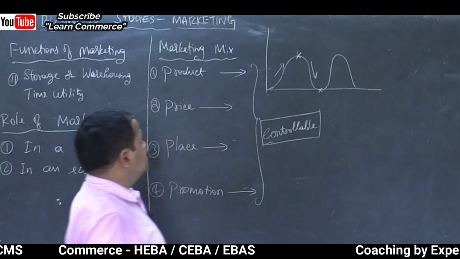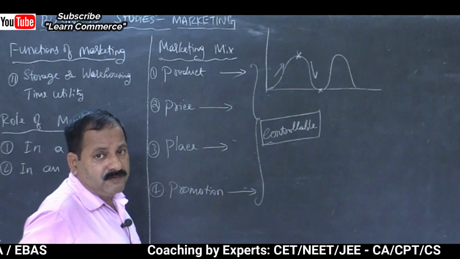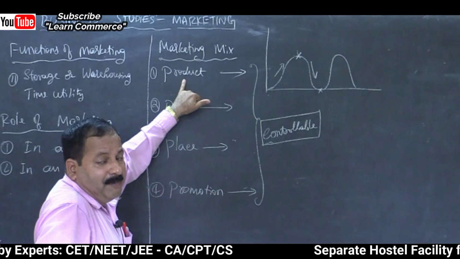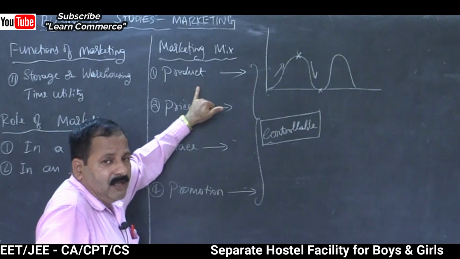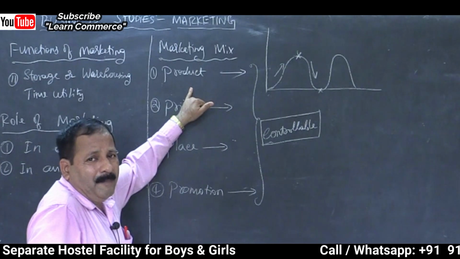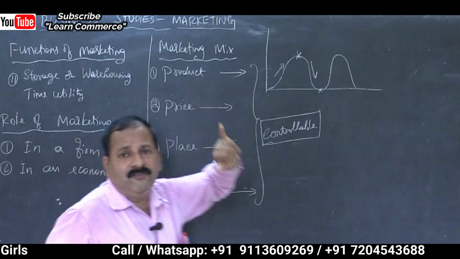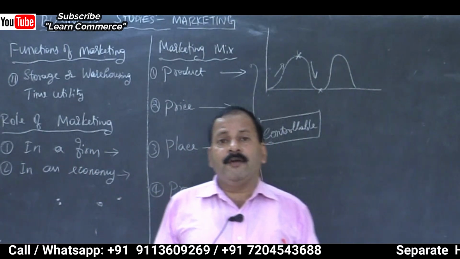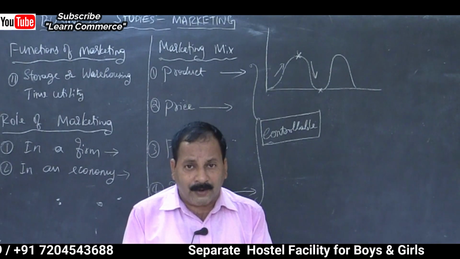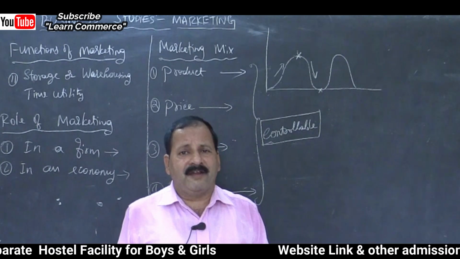Product life cycle. In the same way, here product is a bundle of utilities. Marketer can do any change with the product. First marketing mix element, that is product. He can change the color, he can change the shape, fragrance, or anything for that matter. He can change the package, isn't it? The product can be changed in such a way that the order of the day, when you introduce altogether a new technology to design and develop a product, it gets attracted by the people. People want new every time.